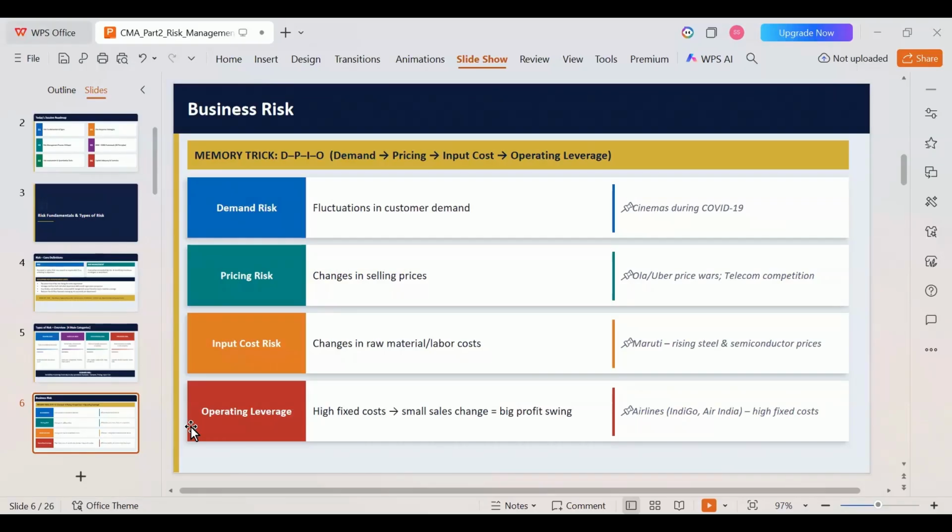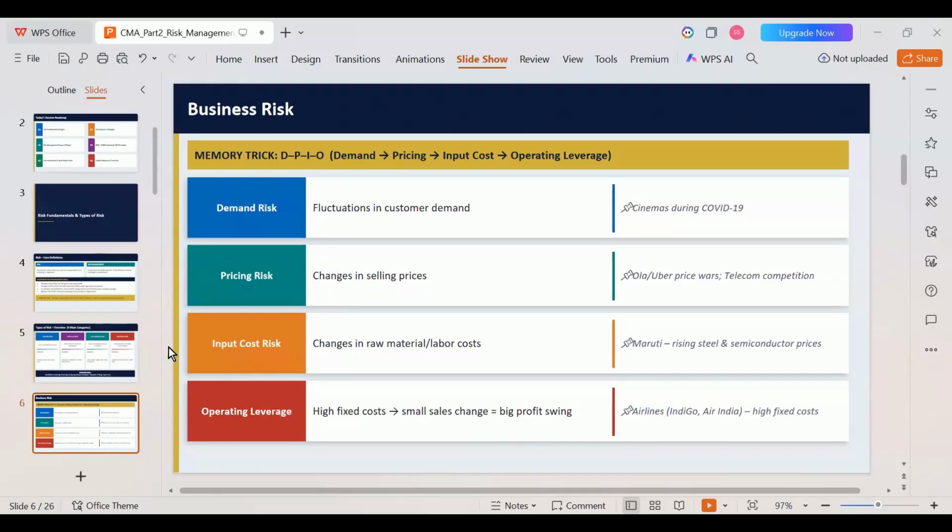Okay, so in simple words, we call business risk a risk that reduces a company's profit or which forces the company into losses. Such a type of risk which businesses face is known as business risk. It will either reduce its profits or force the company into losses. So such kinds of risk are known as business risk.